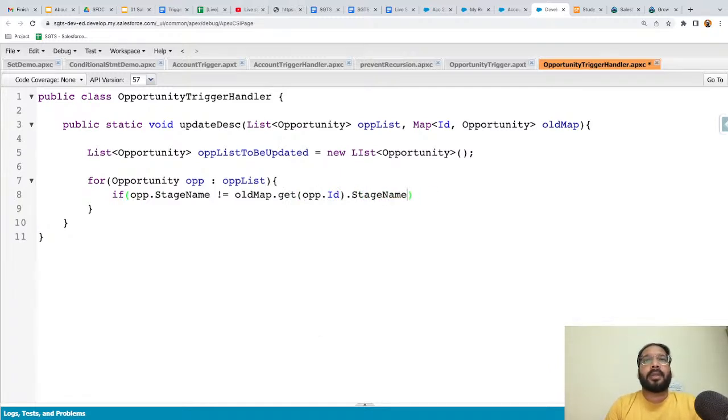Okay, so if it is changed, like if your stage is updated, then again we need to write an if condition: if OPP dot stage name double equals to closed one, right? If it is closed one, so what you need to do,